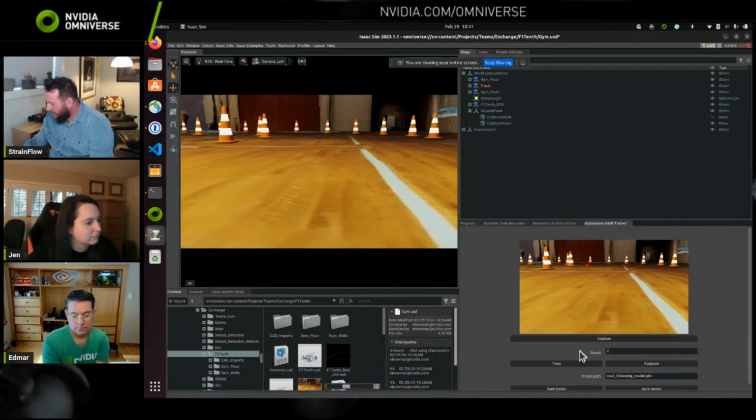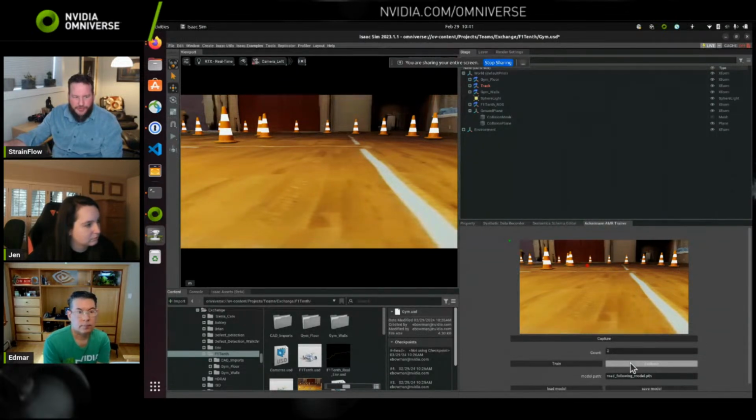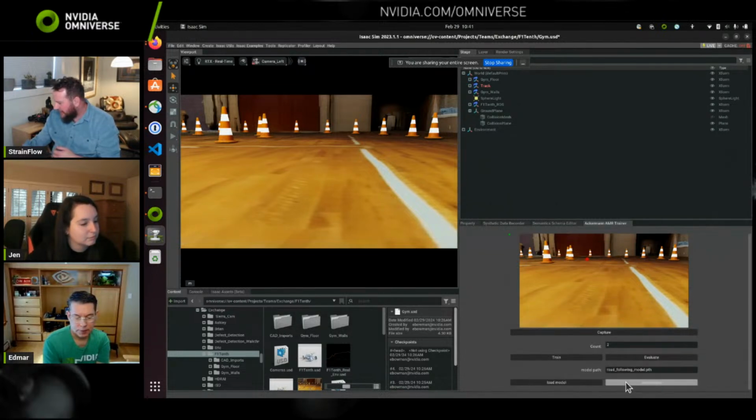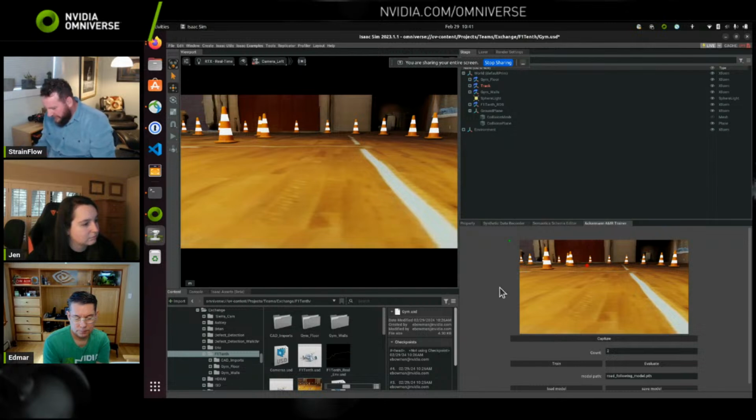And so then what we'll do is once we have that model trained, we can hit this evaluate button. And then as we drive around, it'll put a green dot on this thumbnail where it thinks it should steer. Now just be aware that green dot is based off of the viewport, not off the thumbnail. So it's not my ideal user experience, but it's what I've had time to write so far. And then once we feel like it's in good shape, we can save the model. So let's drive and train.